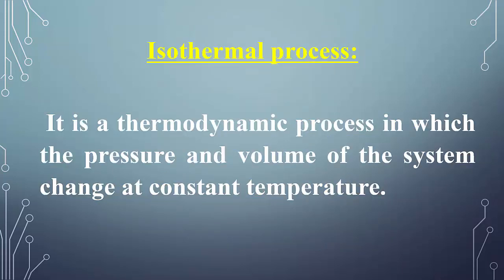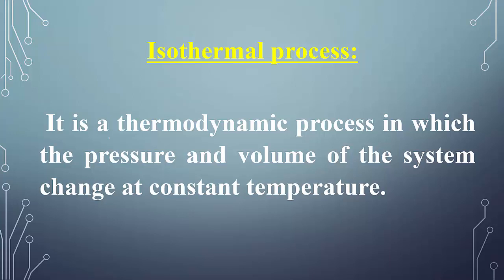So first we have to know what is isothermal process. We already studied isothermal and adiabatic process definitions in the introduction class that you can remember. Isothermal: iso means the same, thermal means heat energy. Heat energy remains the same. That means there are totally three thermodynamic variables: temperature, pressure, volume. In that, here in isothermal process, we are going to keep temperature as constant. Pressure and volume undergo changes.